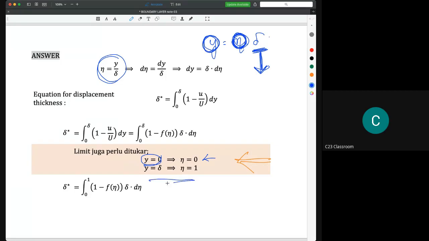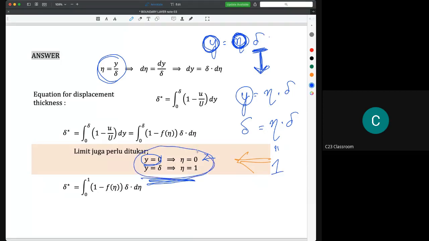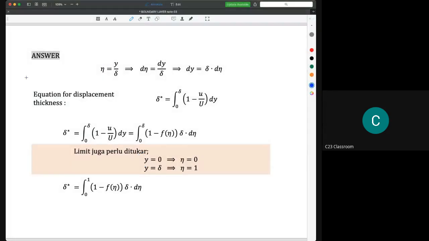And the second condition here is if y is equal to delta, so we have y equal to eta times delta. So if y here is equal to delta, we found that eta here must be equal to 1. Okay, that's why we get this limit. So now it means our equation to calculate the value of delta star, or the displacement thickness, is changed from here